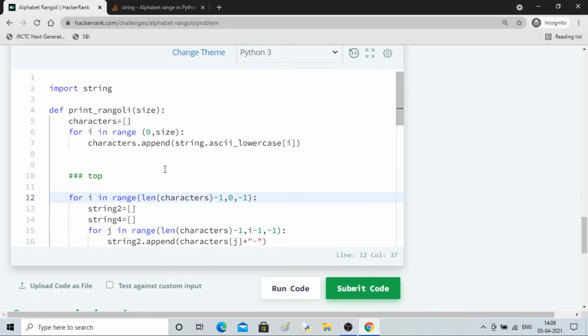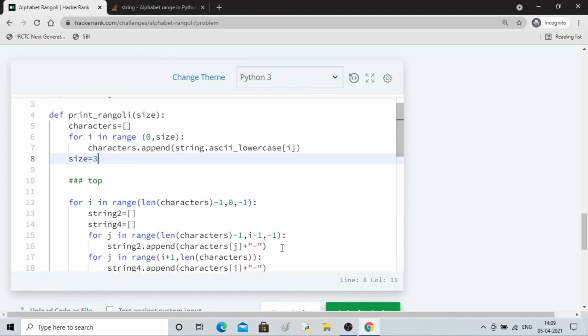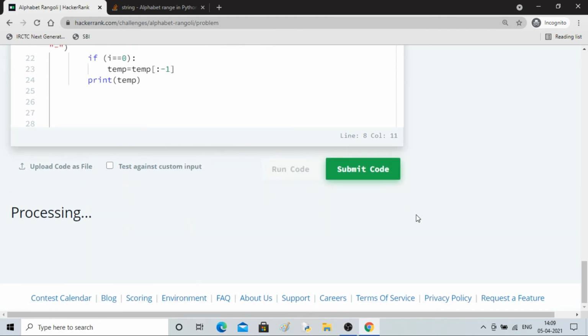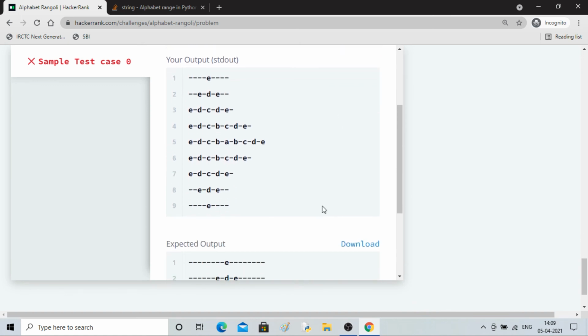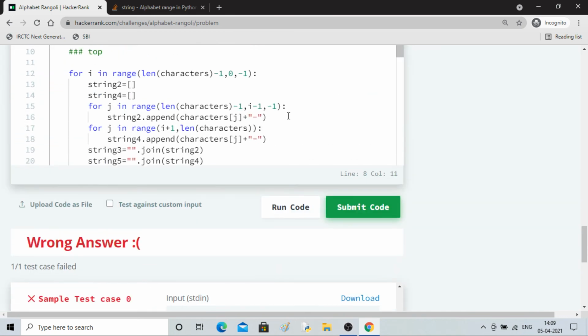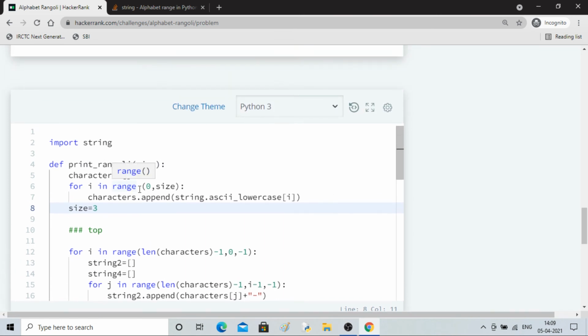Okay, so let's check for other values of size. Let me put size equal to 3, so it should be able to run. It is not working the way it should. So size is equal to 3.